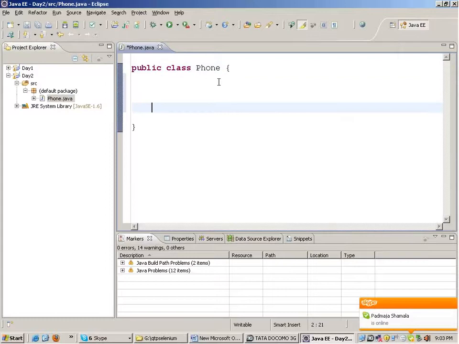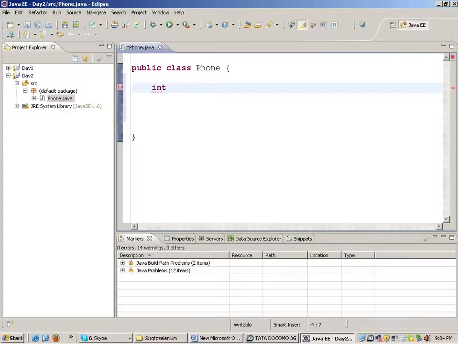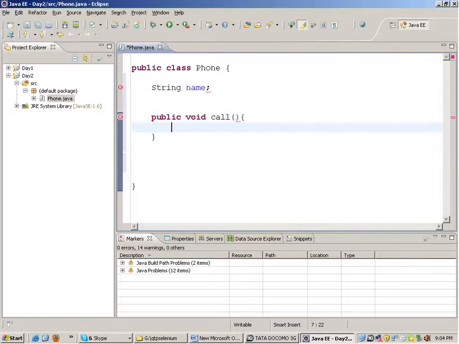Okay, in it I will declare a variable like int or string name. Fine, and I can declare a function like public void call and public void receive call.